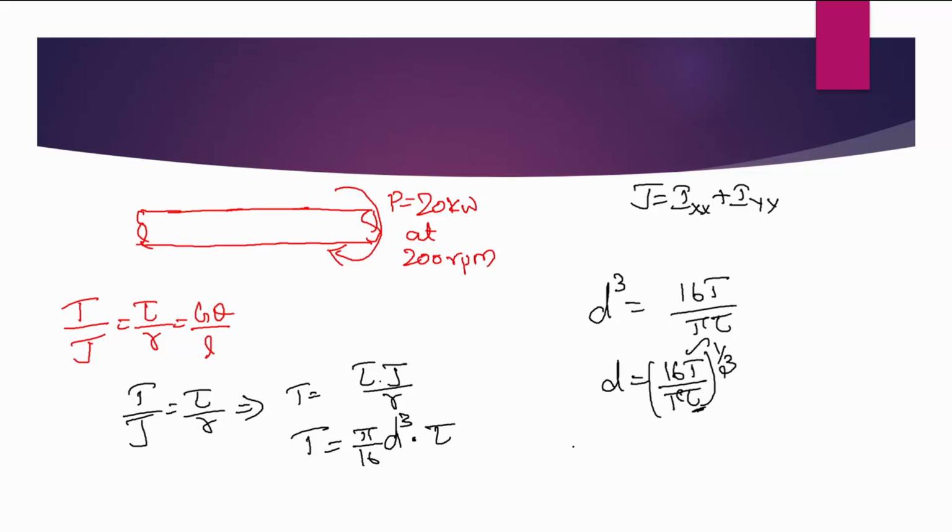Now the shear stress here is given as tau is equal to 360 megapascal, which could be directly converted as 360 Newton per mm square. The factor of safety is given. So tau is equal to 360 Newton per mm square divided by 8. We will be using the factor of safety. Simplifying this, we will get it as 45 Newton per mm square. This is the tau. Now we need the torque.